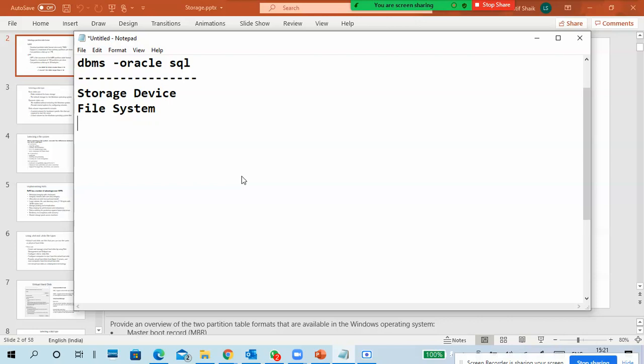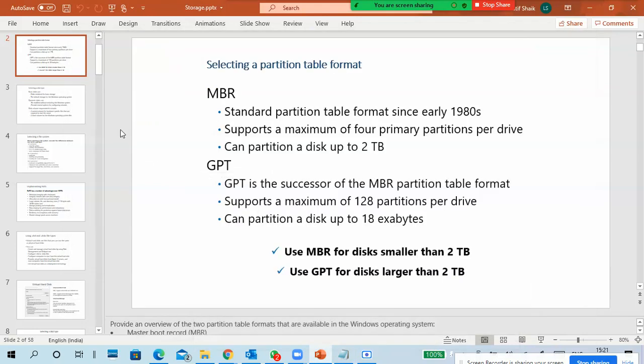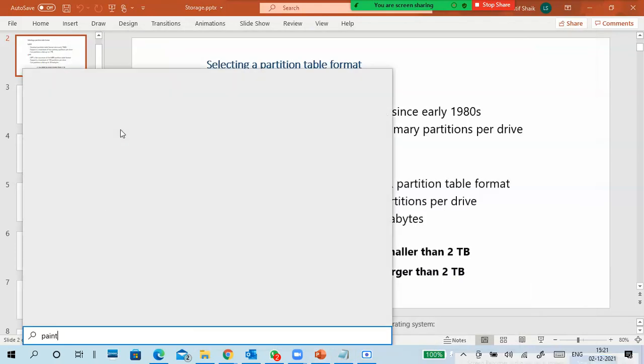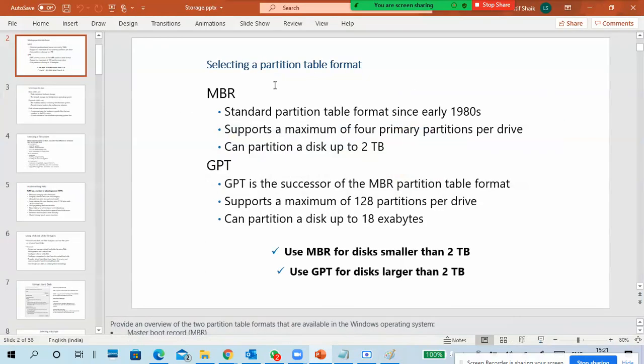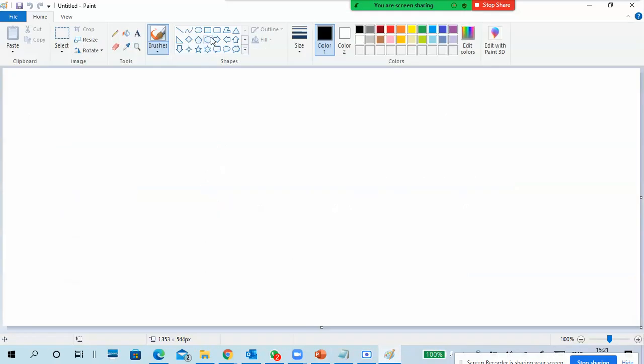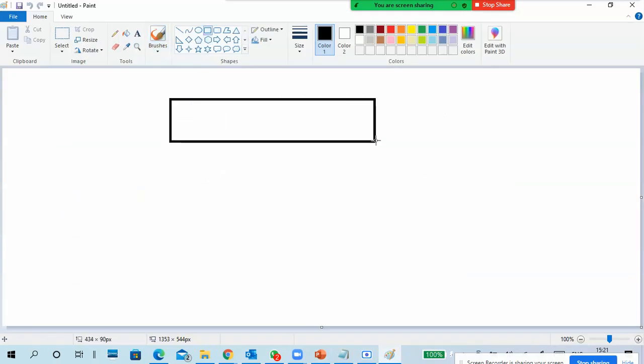Okay, so first of all I want to start with a very basic thing, MBR and GPT. So what is this MBR and GPT? Very simple. When you have a hard disk, I think you all have done Windows 10 disk management. Yes, very good.